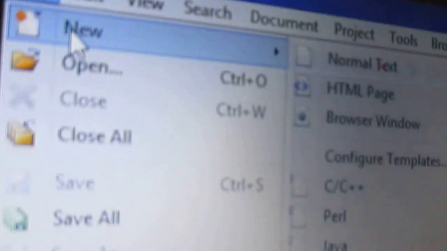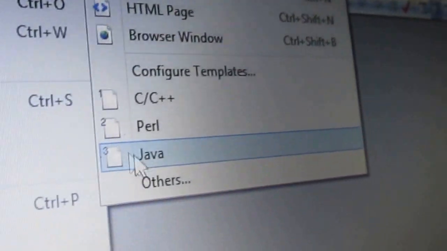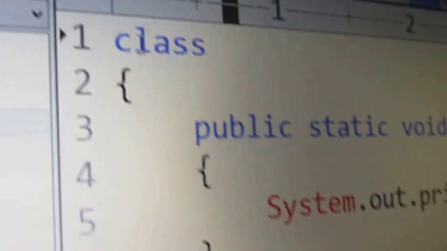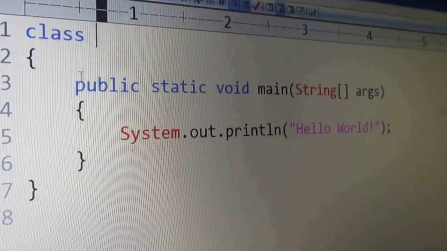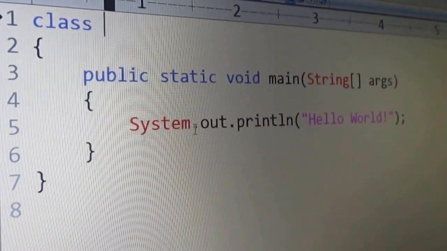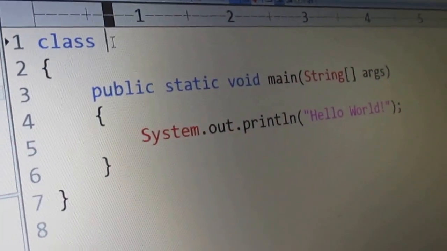What is the advantage of using the EditPlus editor? If I choose Java, by default it shows the class and public code, the common code available for all programs.